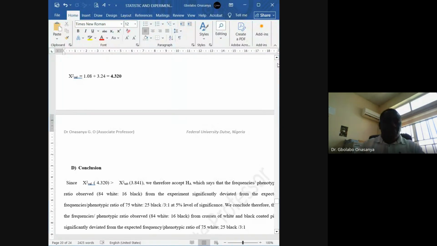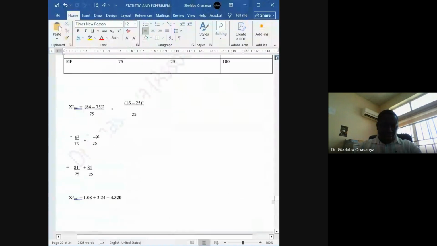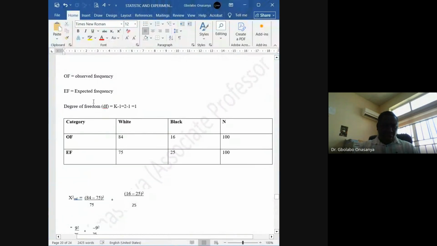Now, if you check the degree of freedom on chi-square, here it is K minus 1, which is 1. Let me show you. On the vertical side, you will see the degree of freedom on the table. So when you check it